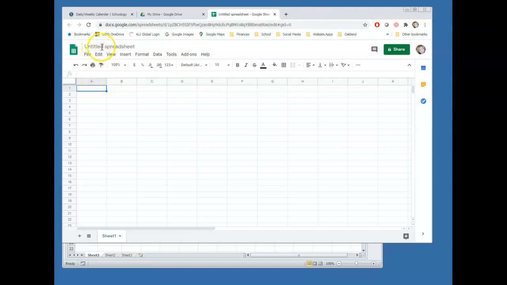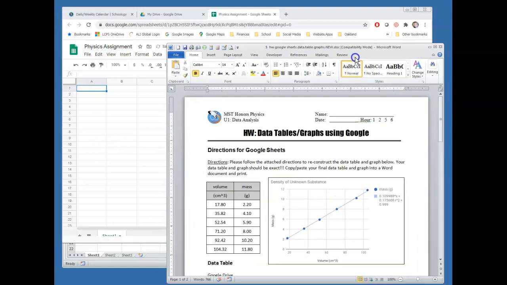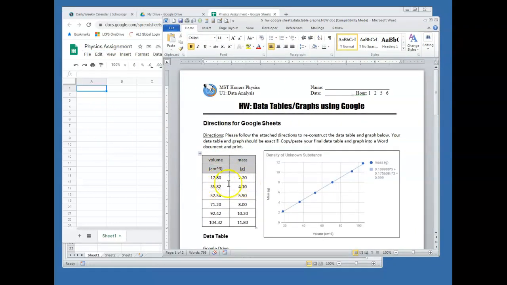All right, so the first thing I'm going to do is I'm going to click up here, and since this is going to save automatically to your Google Drive, you might want to give it a name. So I'm going to call it Physics Assignment. All right, and the next thing I need to do then is my goal is to recreate this data table